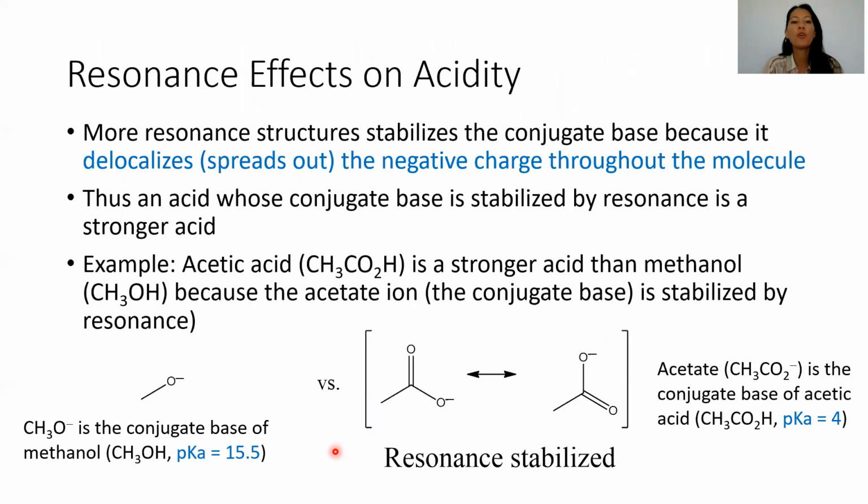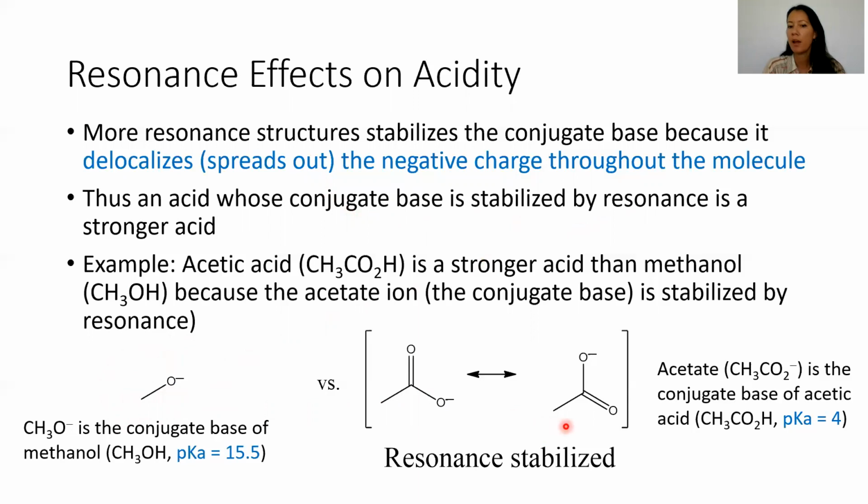Okay, a third factor, resonance. Resonance structures we know stabilize the conjugate base because you again delocalize or spread out the negative charge throughout the molecule. So if you have an acid whose conjugate base is stabilized by resonance, and this is the example I gave with the energy diagram, for example, an alcohol going to an alkoxide or methoxide in this case, versus something